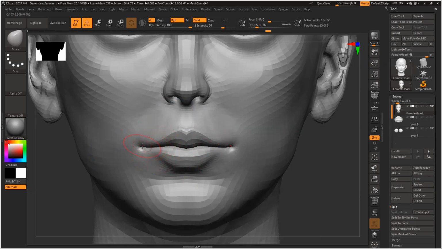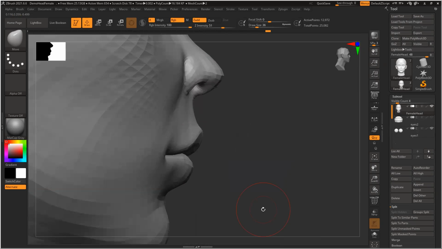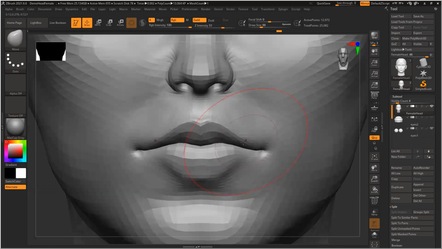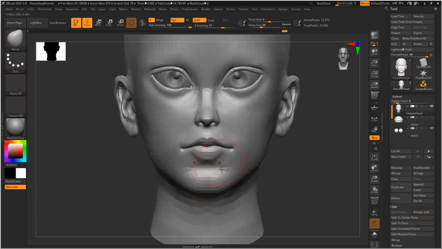Sides are really thin, and the distance is really less. Sides, I'll smooth it, soften it. Now your chin and all, it's again quite pointy. Face shape is pointy. Correct?